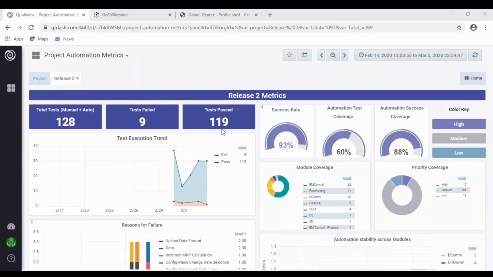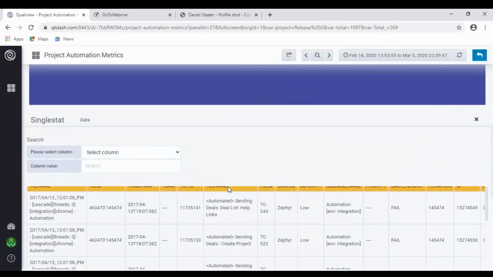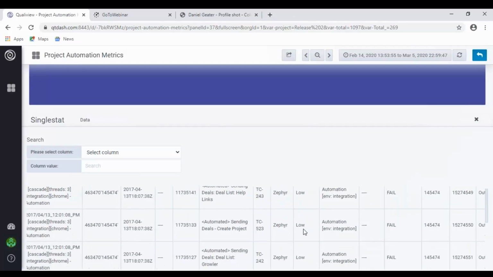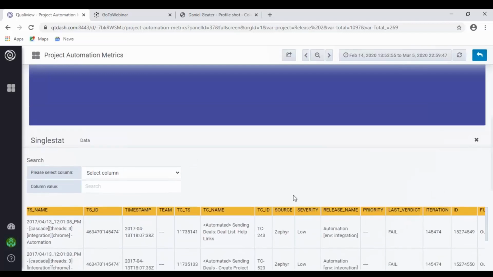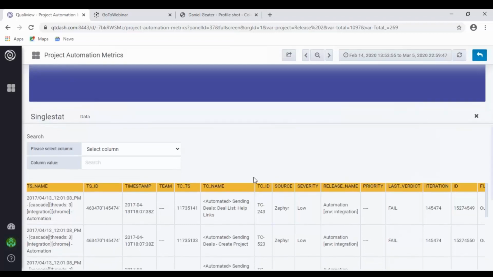So what I really want to know is, what failed, and what can I do about it? And is it a concern? As you can see here, I can just quickly drill in and see the tests that have failed. Here's the information that will make sense to the project manager. The key thing here is the severity. What is the severity of this failure? The fails are low. That means the dashboard has done some analysis based on the information that's been sent out, and in the way we set it up, identified that this issue is a low issue in comparison to the tests that were executed.